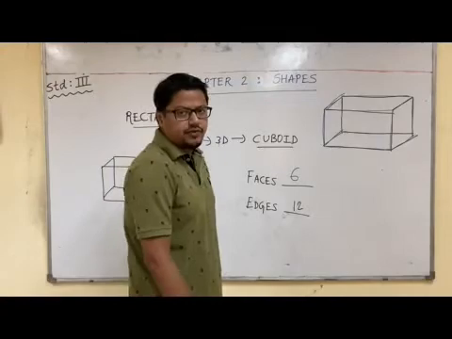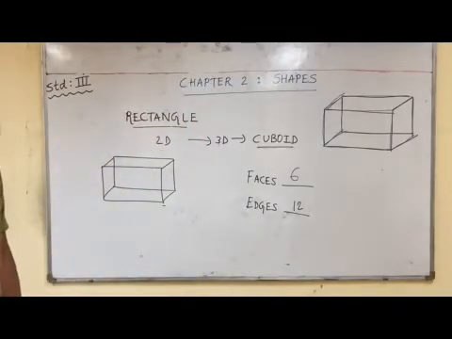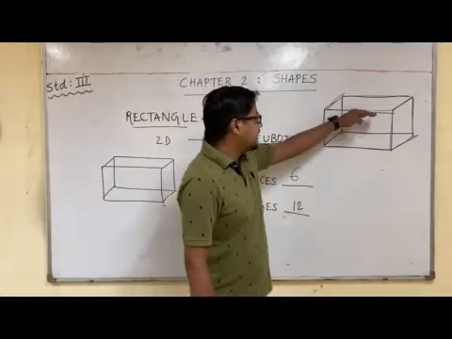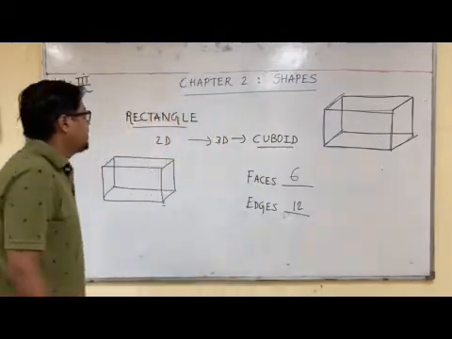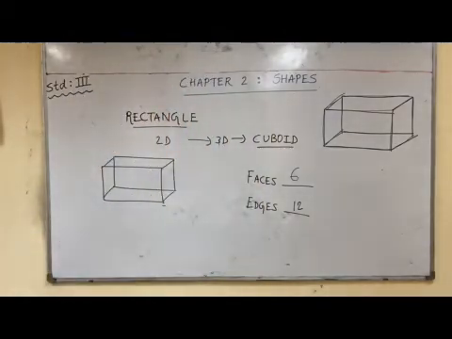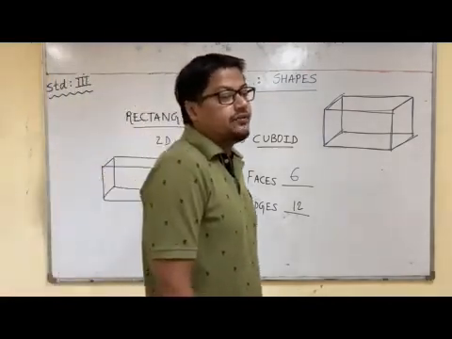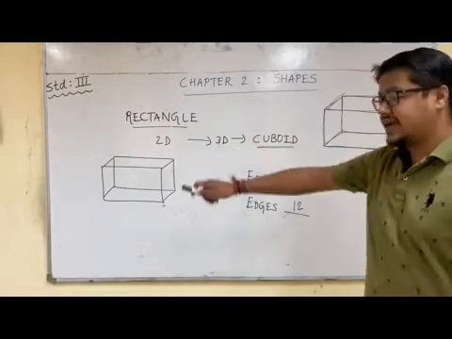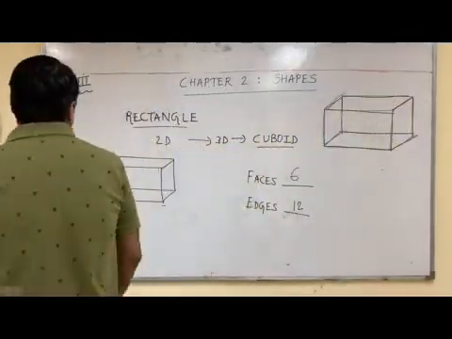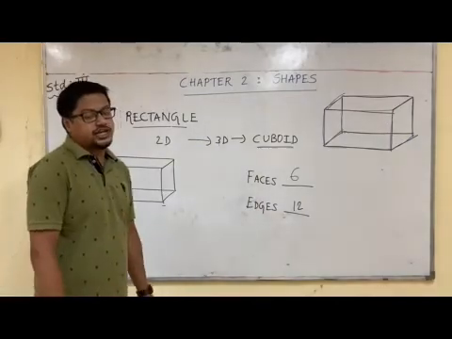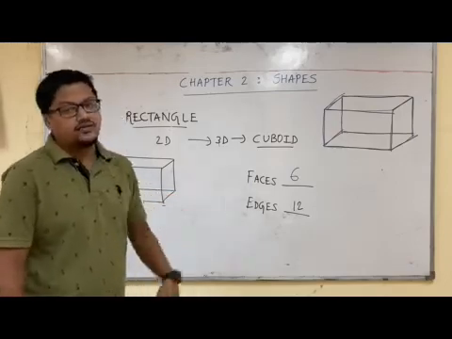And what is the property of a cuboid? What was the property of a rectangle? Opposite sides are same. So in cuboid also you will see that opposite sides are same. All sides are not the same. Okay. So students, this was cuboid. We discussed two 3D shapes, that is cube. Cube is what? 3D form of a square. We discussed second 3D shape, that is cuboid. Cuboid is what? 3D form of a rectangle. And as you have seen, both cube and cuboid have 6 faces and 12 edges. Okay.